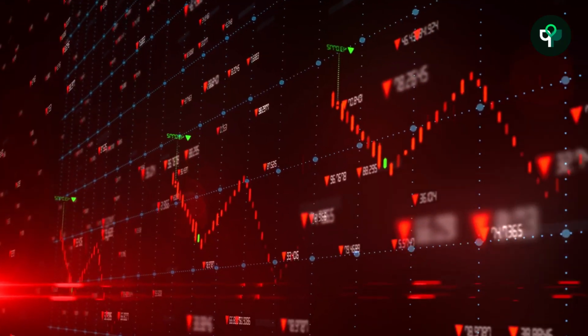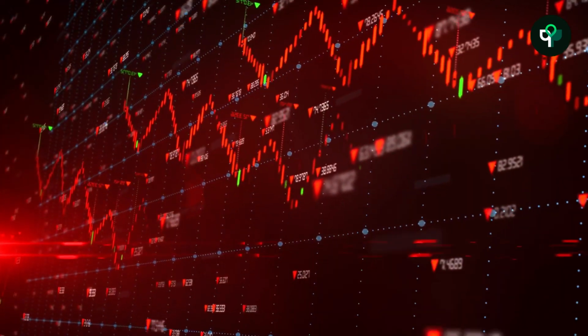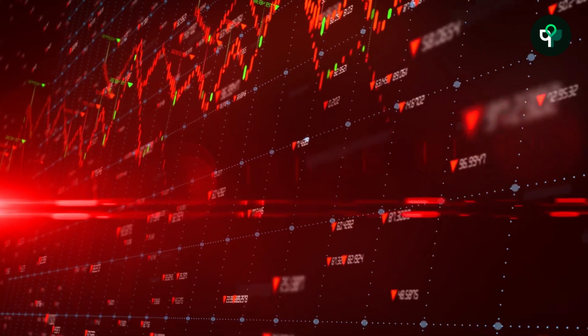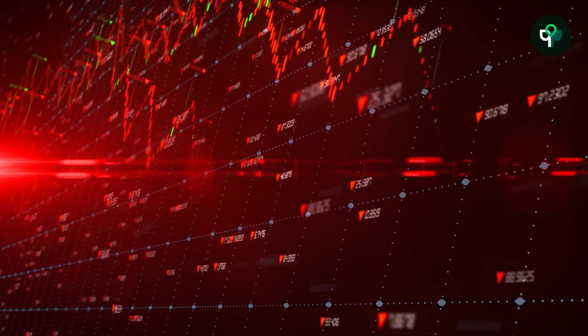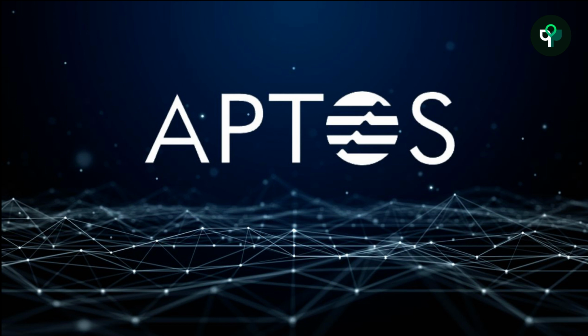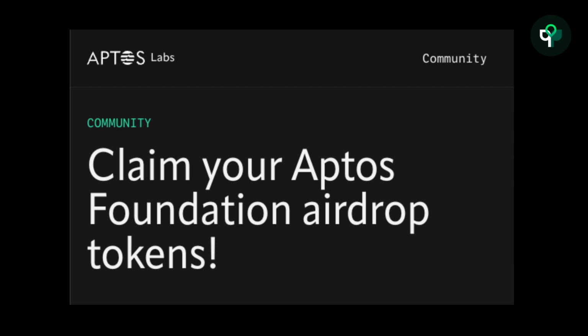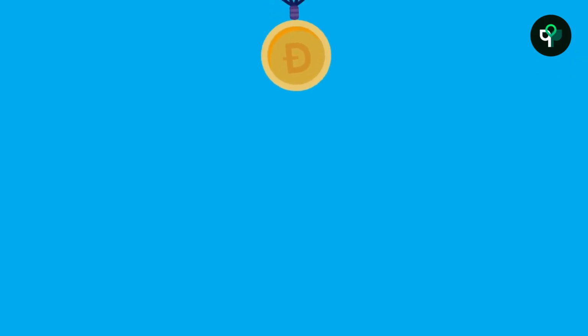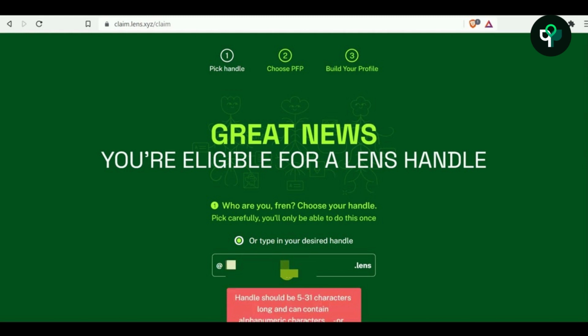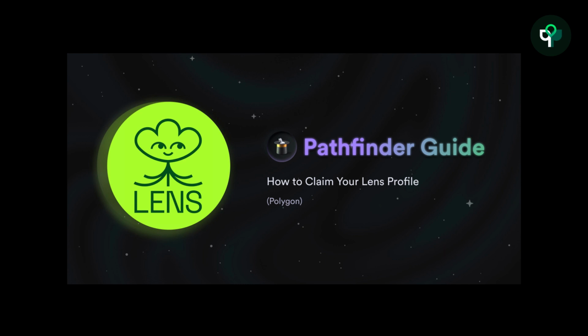Since the Luna event in May this year, the crypto market has been in a bear market for half a year. Recently, many projects have updated their developments, which has awakened the vitality of the crypto market. The most typical example is the launch of the Aptos mainnet. Although Aptos has many problems, its rich airdrop rewards have made many people realize that participating in airdrops in a bear market can bring maximum returns at minimum cost. Therefore, I believe that Lens Protocol's airdrop may bring the same wealth effect as Aptos. Although the results may not be as surprising as Aptos, I analyze that the subsequent airdrop rewards of Lens Protocol will also be a decent income.